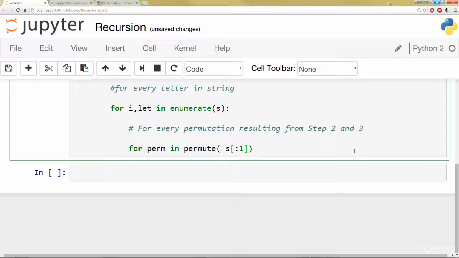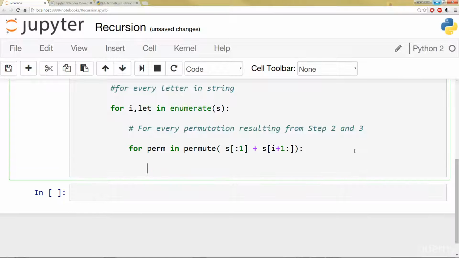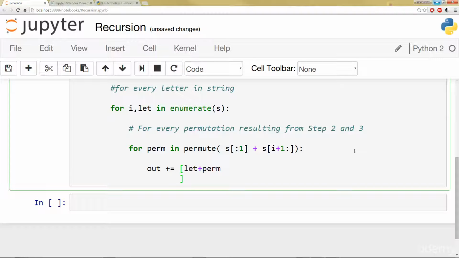Let me go ahead and center that. Plus s of I plus 1 continued. I'm going to add it to the output. I'm going to say out equals plus the letter plus that permutation. And then finally, once that's done, I will return